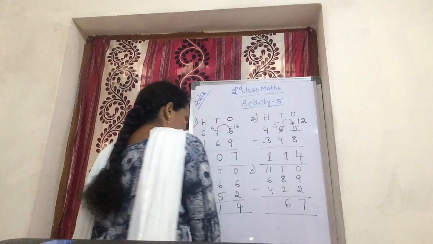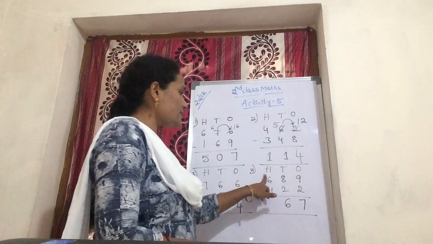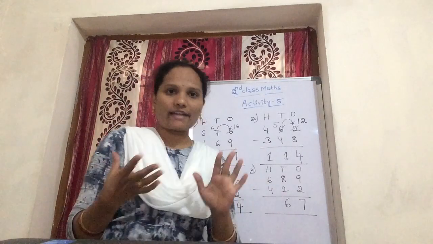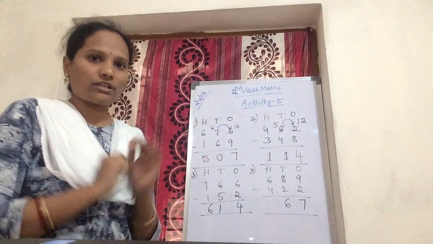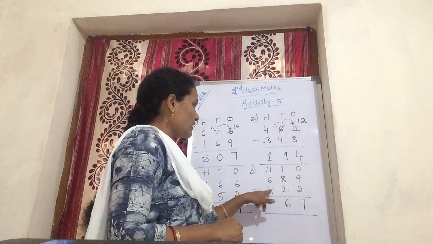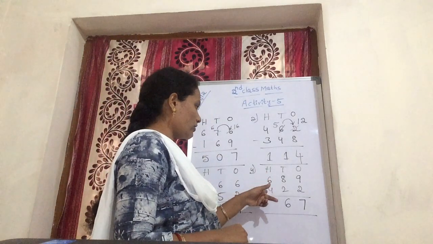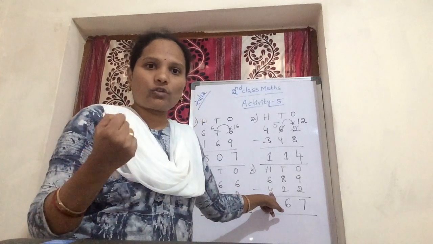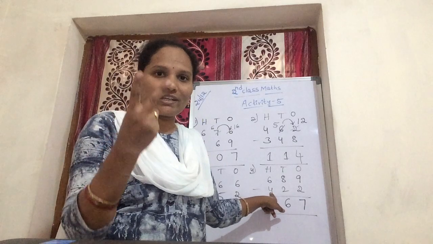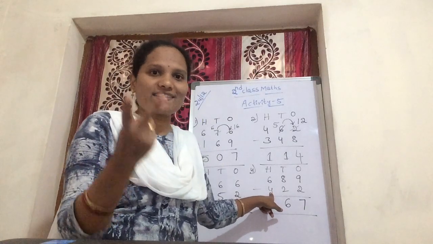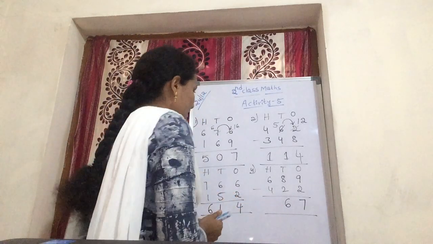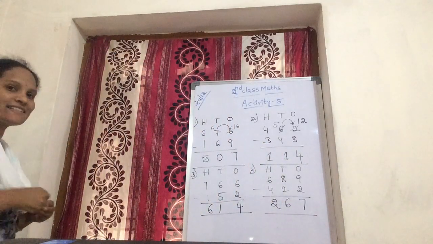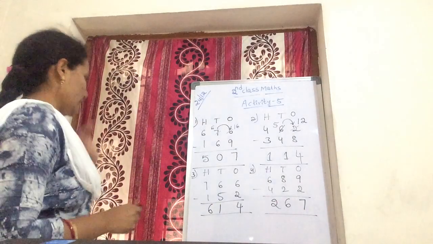Now coming to hundreds, Amma. In the hundreds, 6 minus 4. You are taking 6 lines, you are removing 4. That is one of the methods. Now the second one, you are counting after the second number up to the first number. The second number is what? 4. So after 4 comes 5, then 6. You are getting only 2. So what is your answer? 2. You should write 2 in the hundreds place. Okay. What is your answer, Amma? 267. Please copy it, Amma.